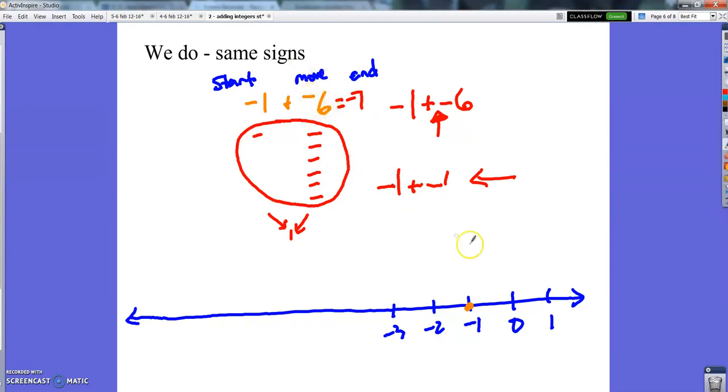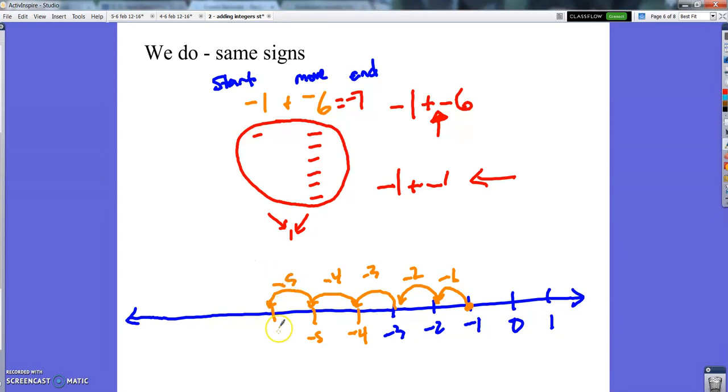So that's 1 unit in the negative direction, 2 units in the negative direction, 3 units, 4 units,